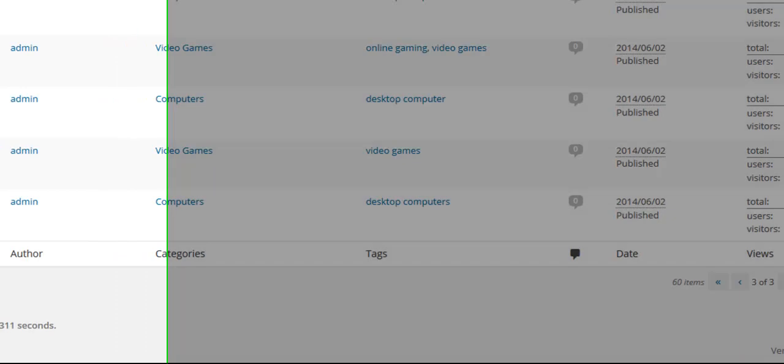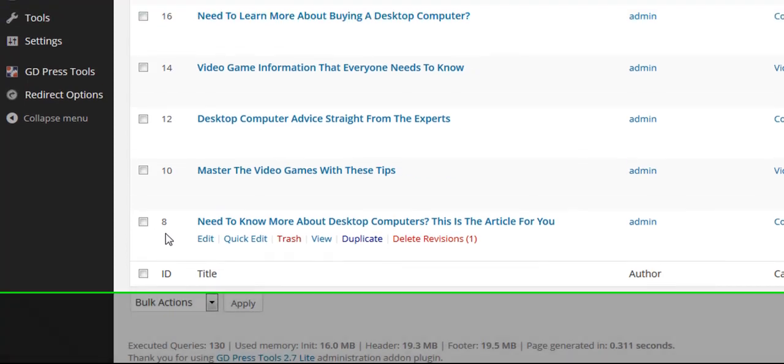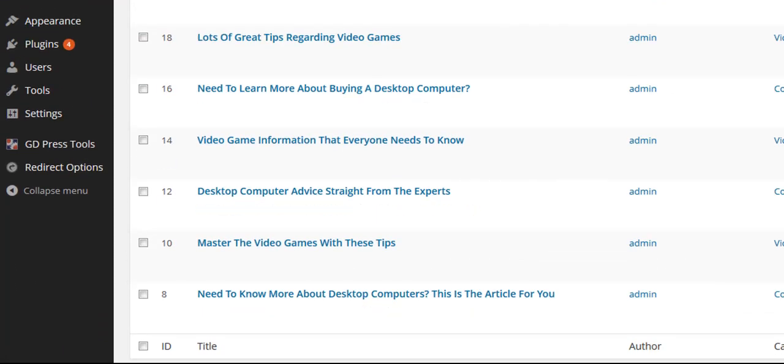Now each post has an ID. You can see the number always gets higher. So if you start from the very first post and you work your way up and you keep track of that, you'll always know where you left off. So always start with the last post, don't start with the newest post. So this is the very oldest post. I'll click on Edit,